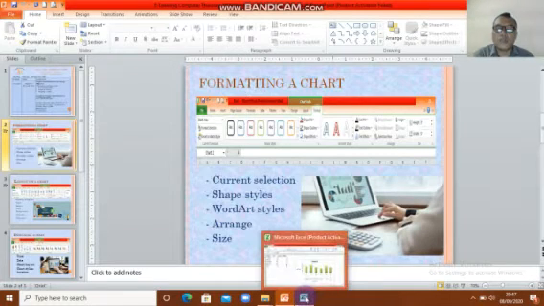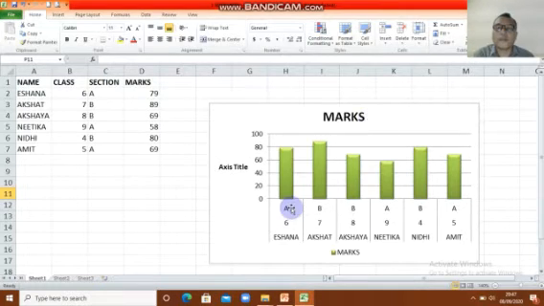I want to show you in Microsoft Excel. I have data here: name, class, section, mark. You can read the name, the class, the section, and the mark.